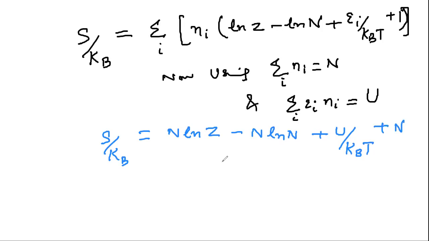N ln Z minus N ln N plus U by KBT plus N, which can be written as